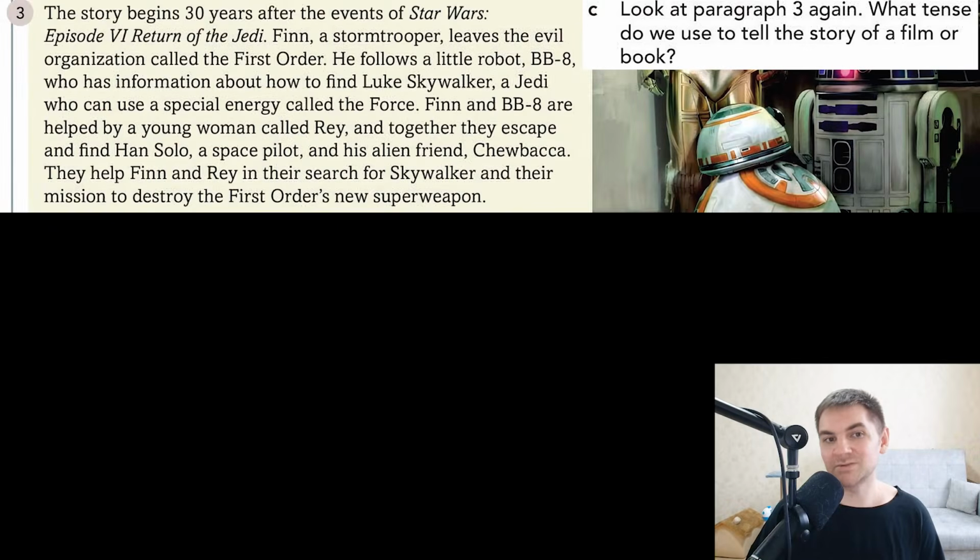So actually we use the present simple tense when we tell the story or describe the plot of a film,